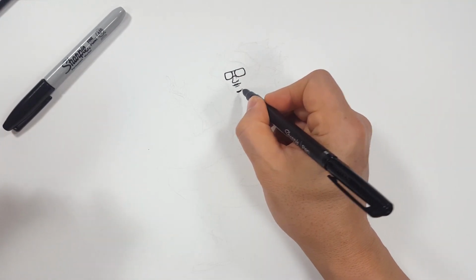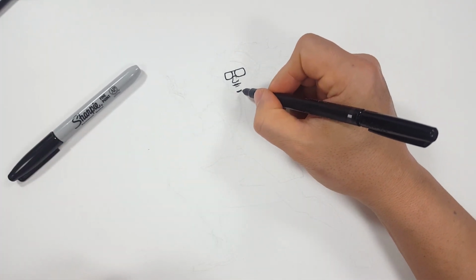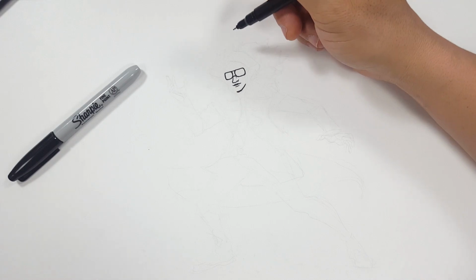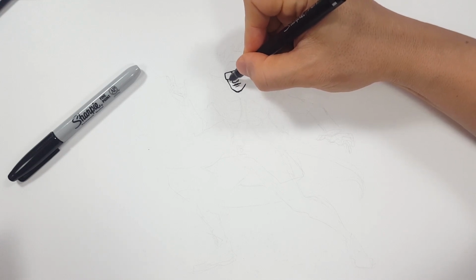And I'm going to thicken it up because when I switch over to this Sharpie, you're going to see a huge difference. So I'm only going to draw up to right there. That's it, because I'm going to draw his hood and all that, and that's going to cover up that part of his face. But we can't draw it this side. So we're going to come over here for his chin, or for his jawline, I guess. Go up, his cheekbones,